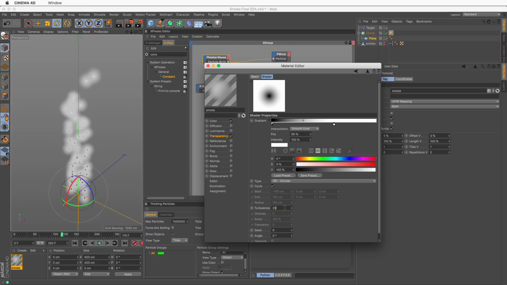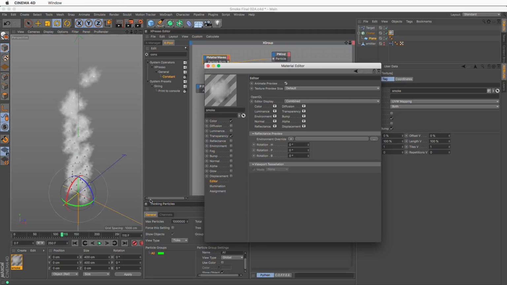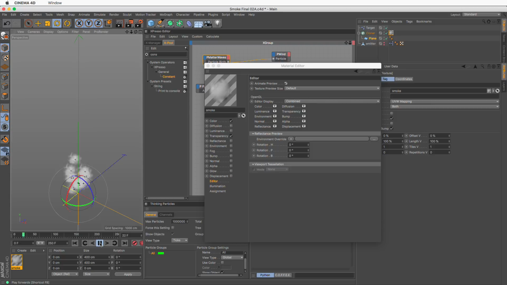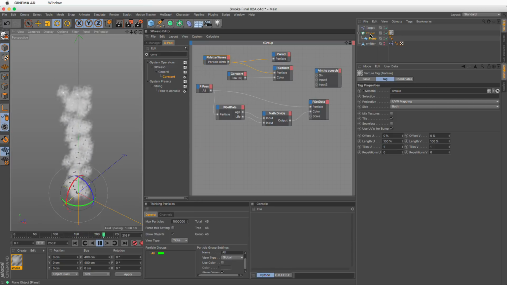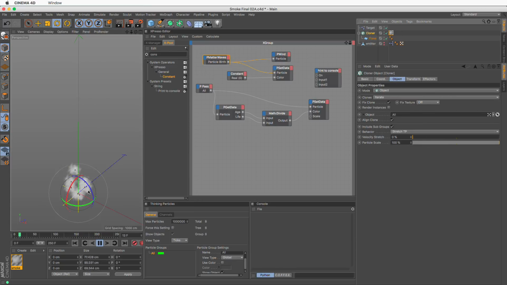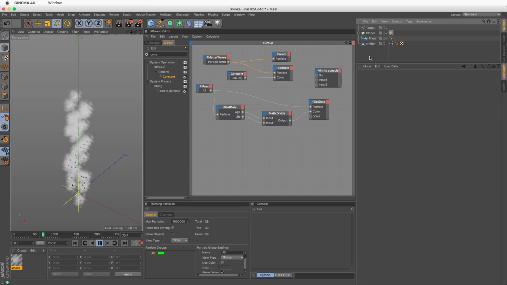Now let's go and add 25% turbulence. Let's go and add some frequency here. I think 5 will do it. And make sure that in the editor you have animate preview, so you can actually see these buggers animating. And you can see now these little clouds. Excellent. Now the thing which is obvious at this point is that although we've activated the scale, we don't get any scaling. And that is a very simple thing to resolve. Just add a scale parameter.